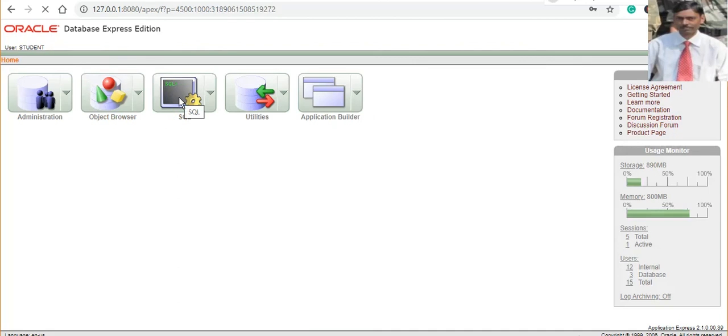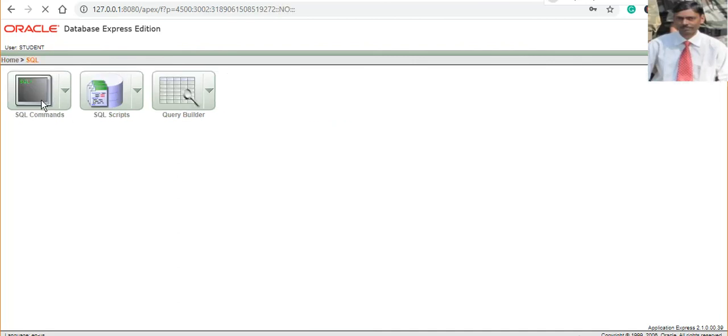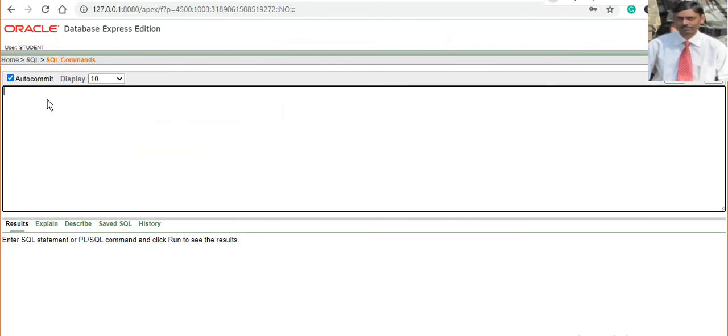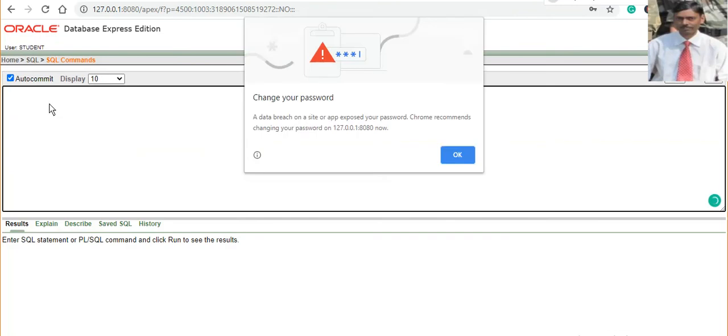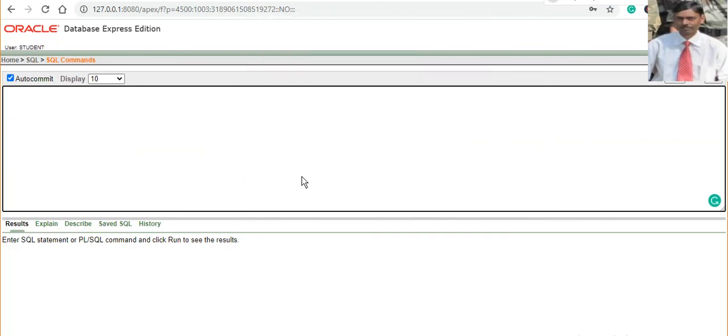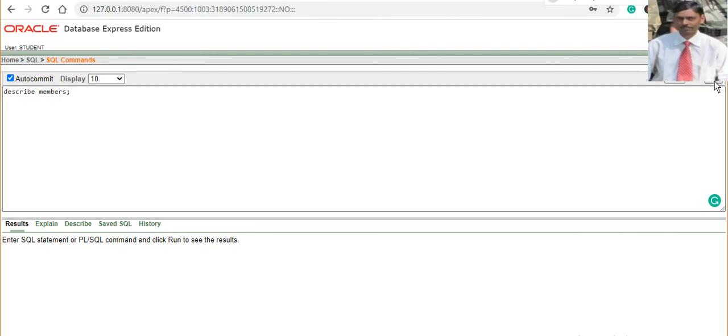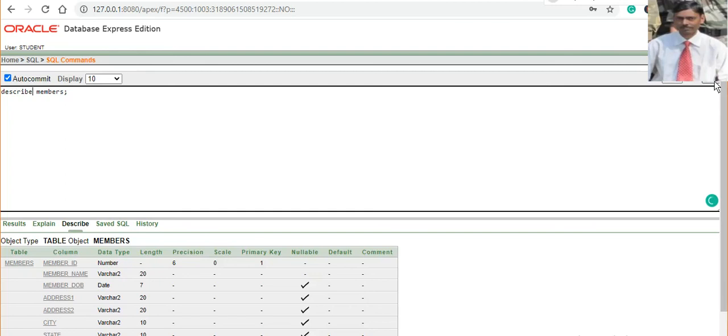Now I am going to write the SQL query. We have already studied that. We have already created a table members there. I will show you the structure of members. I have already explained to you what the command is to describe the members. Describe member. We can use four characters also. I am going to write describe, the full name of the command. Describe members. Look at here.